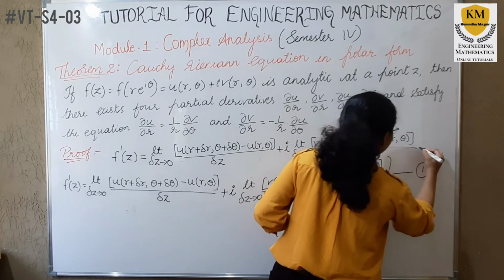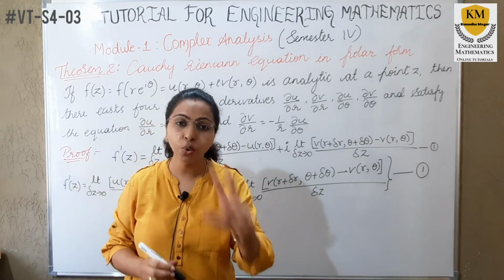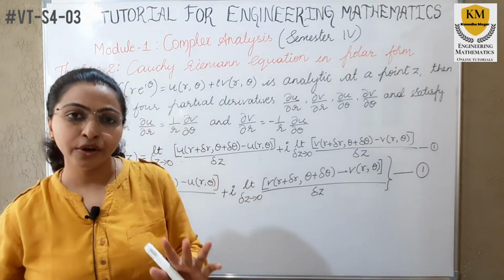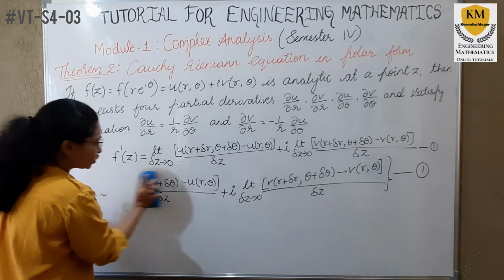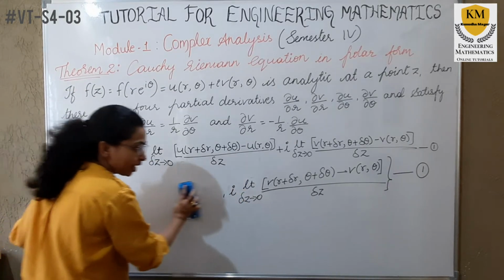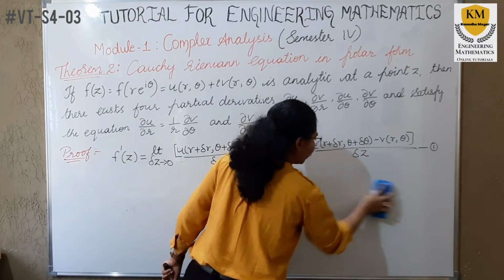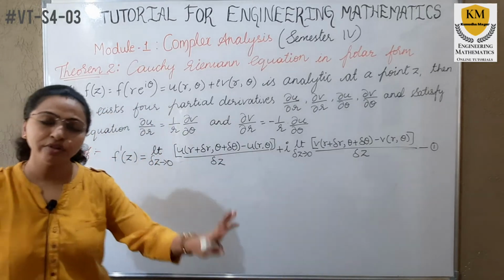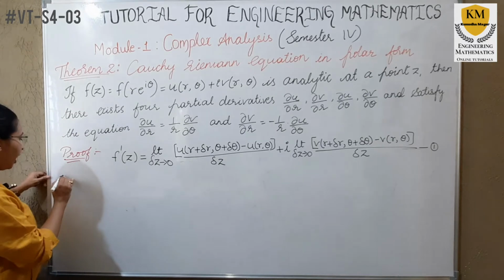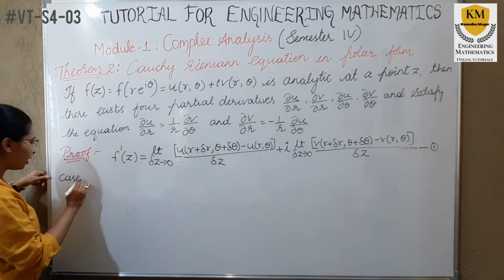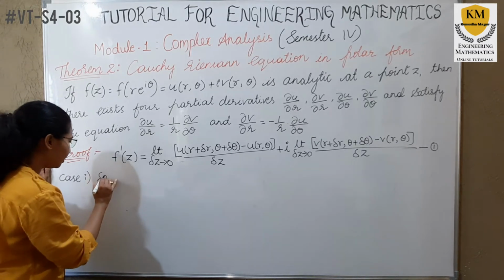So this equation plays a major role in the Cartesian form, where we considered two cases. In such a way, here also we are going to consider two cases. You could observe in my last video, in the two cases I considered del x as 0 in the first case and del y as 0 in the next case. In such a way, here also we have del r as well as del theta. For case 1, I am just going to consider del theta is equal to 0.